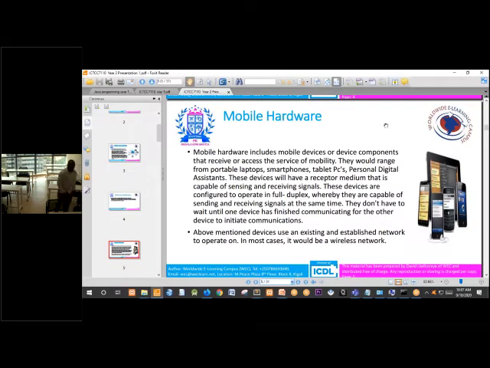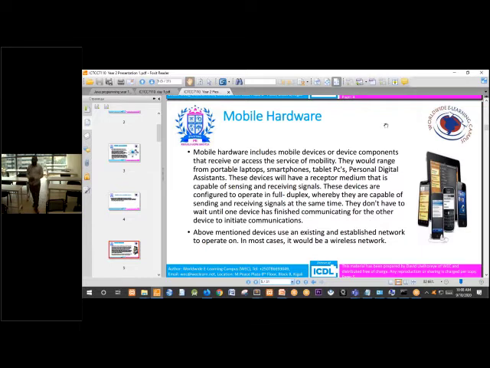Apart from mobile communication, we have mobile hardware. For mobile communication, what hardware do we need so that this is achieved? Mobile hardware includes mobile devices or device components that receive or access the service of mobility.